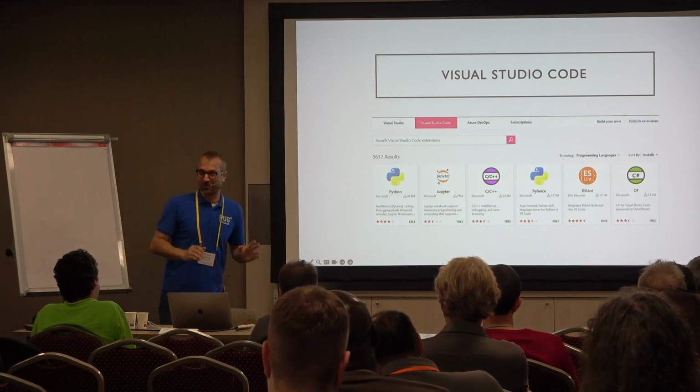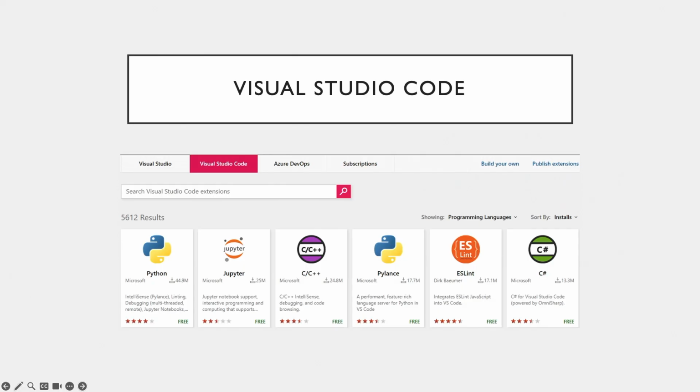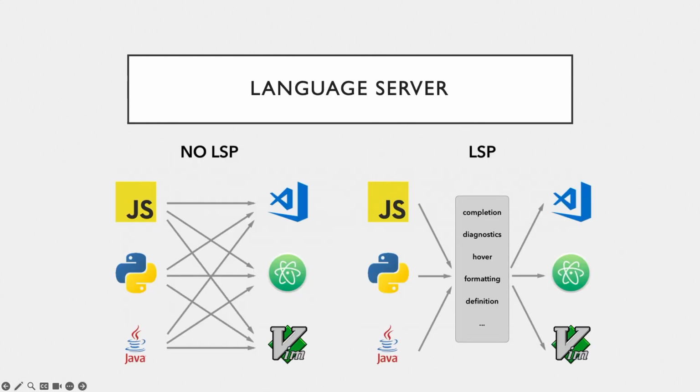That's crazy, absolutely crazy. So in order to support languages, you have to bring something to make it easy for extension developers to write extensions. You have to bring something to support new languages, and this is the language server. So the language server is a protocol, I would say, to make it easy to provide features for languages.